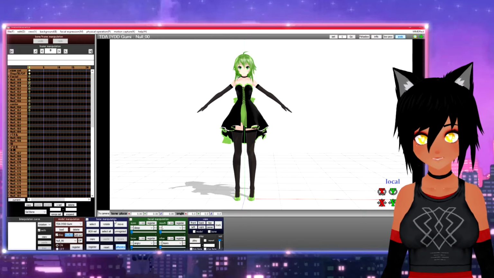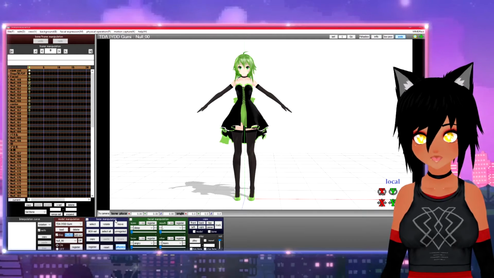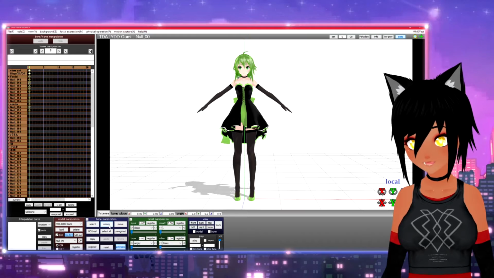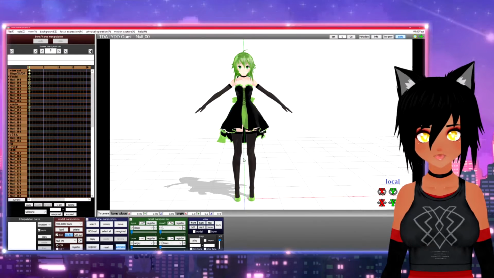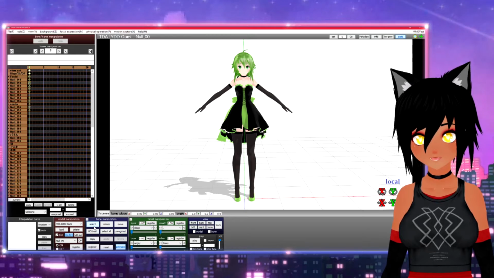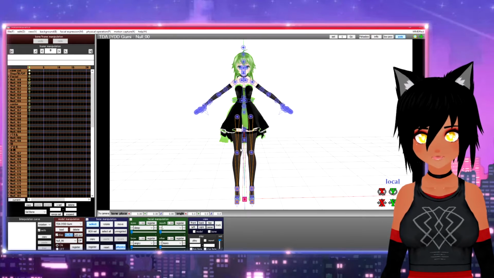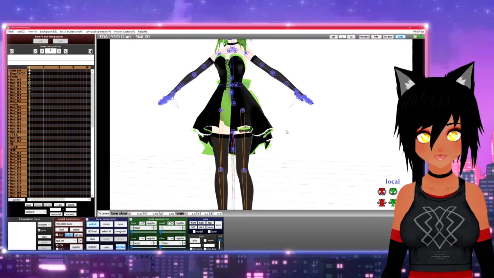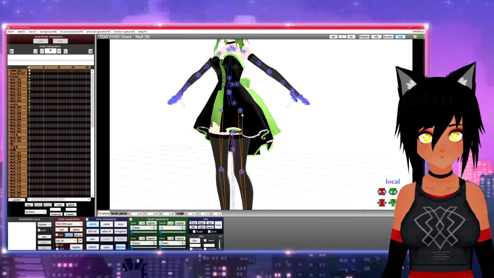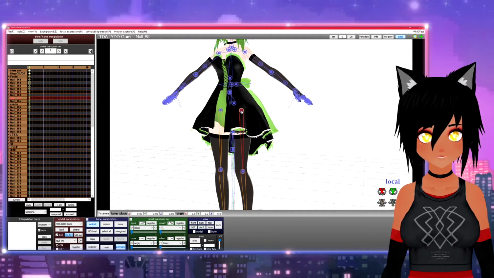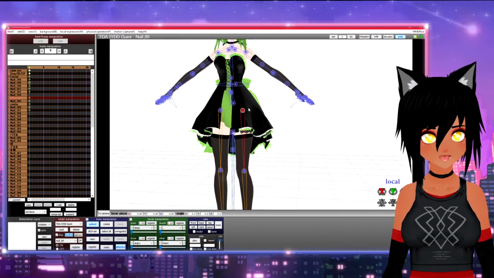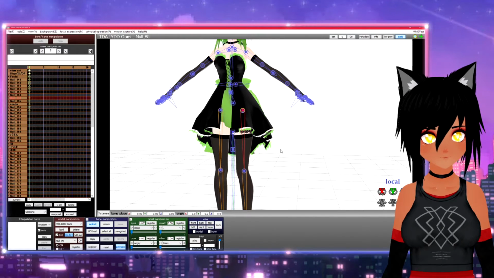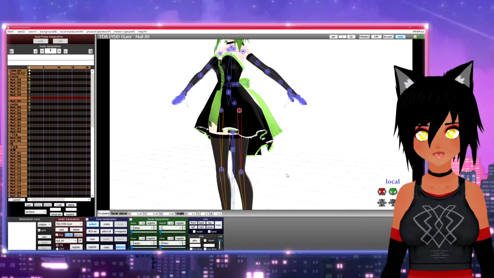Now we have this blue box called bone manipulation. And it says select, rotate, move, whatever. This is how you're actually going to move your model. So if you click select, it'll pull up all of her bones. And that's what these are. They'll be little circles, and then they'll have little cones coming out.